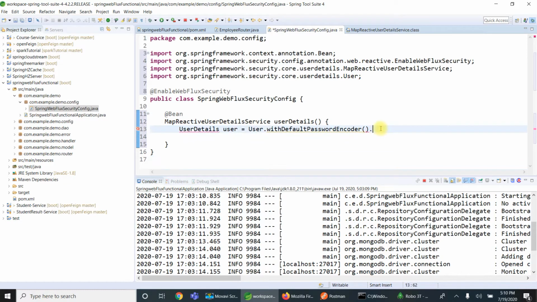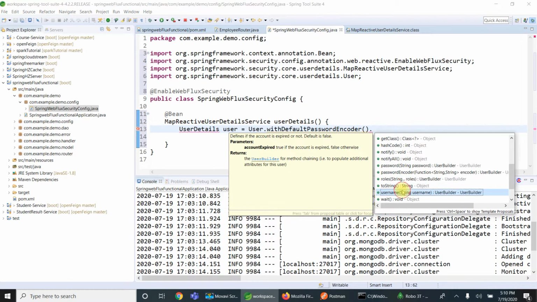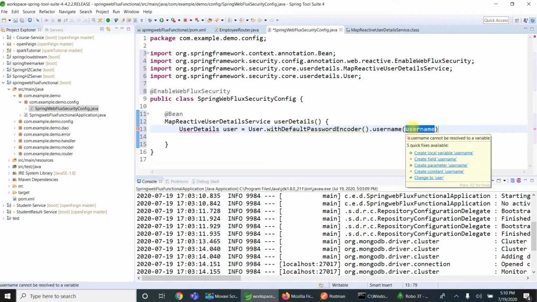Then .withUsername. It has username, password, and role or authorities we can give. So role is something like, if I say role as user, the authority will be ROLE_USER. If I say role as admin, the authority will be ROLE_ADMIN. So we can use both role or authority. I am going to use username. Username I am giving as John.